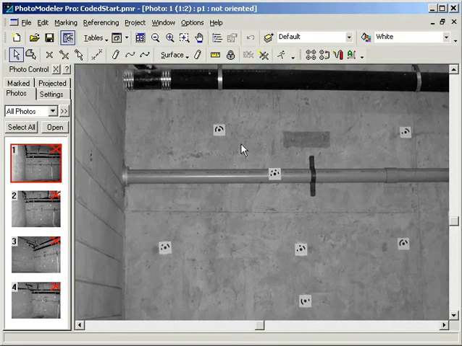In this segment, we will work with coded targets. Coded targets are an add-on module to Photomodeler Pro 5.0 that can be purchased from EOS Systems or your regional dealer. Coded targets are a type of circular target which also have a code ring around it with unique bits that uniquely identifies it. If you have the Coded Targets add-on module, the targets can be generated and printed using